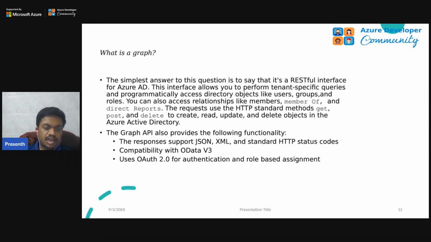The Graph API also provides the following functionality: it supports JSON and XML types as well, and standard HTTP status codes, which is compatible with OAuth. It uses OAuth 2.0 for authentication and role-based assignment. So you always have a choice